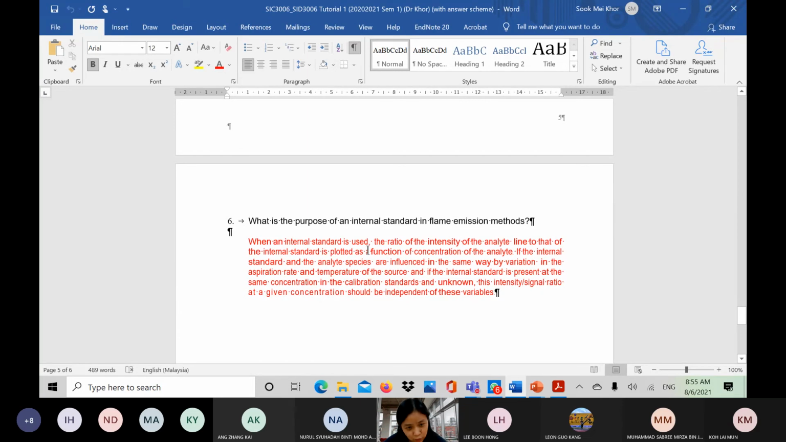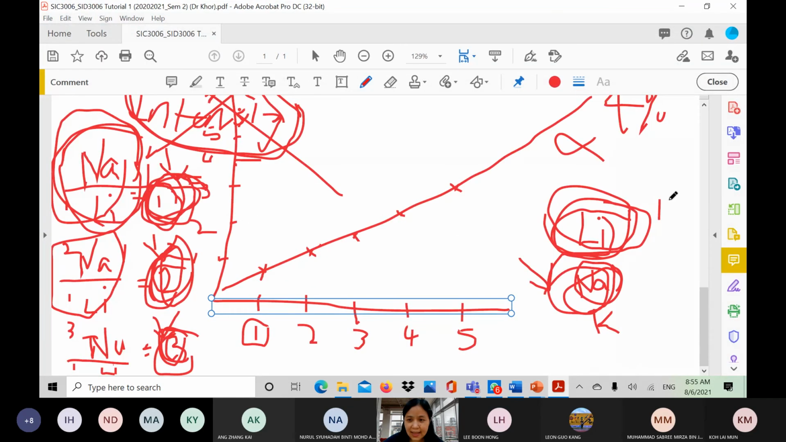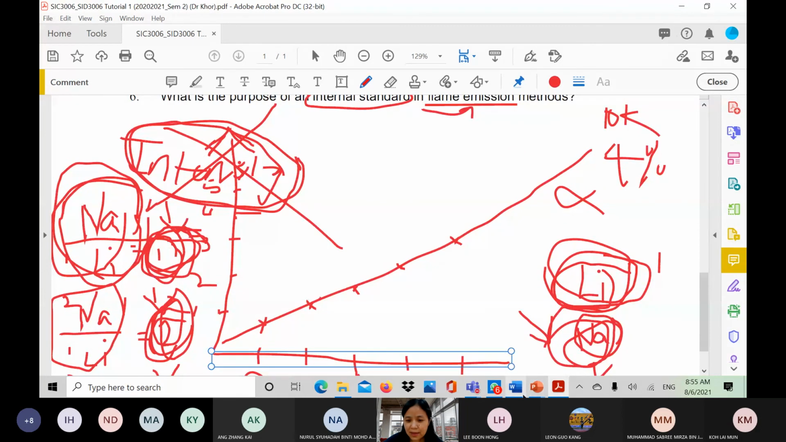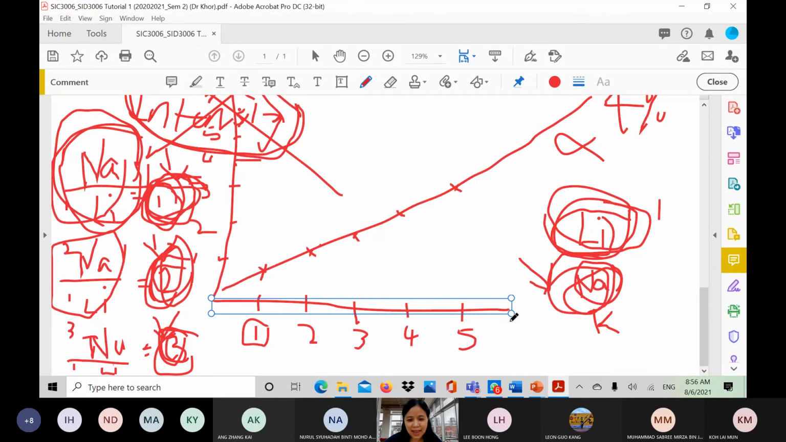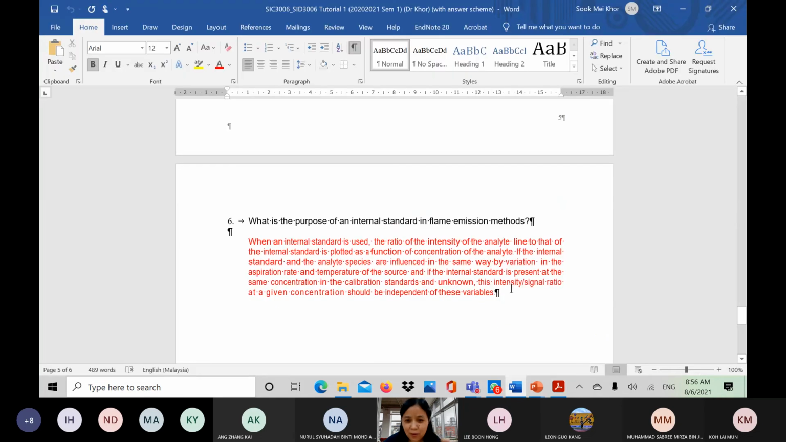When an internal standard is used, we take the ratio of the intensity of the analyte, meaning our target analyte, to that of the internal standard. Analyte is sodium, internal standard is lithium. We have to plot the ratio of intensity as a function of the concentration of the analyte. This is the proper language we use. Most of the time we say y versus x, but when we write a scientific report, we have to say as a function of the concentration of